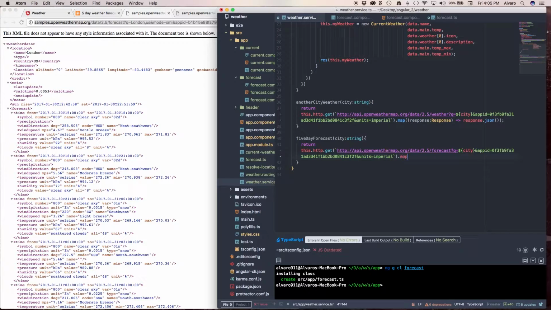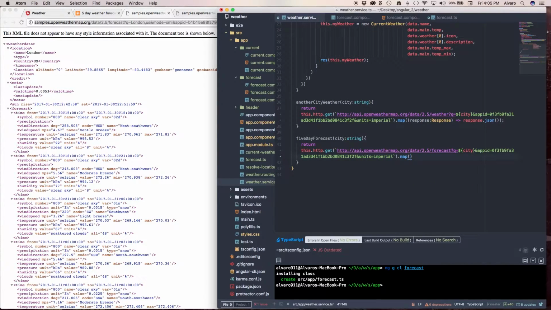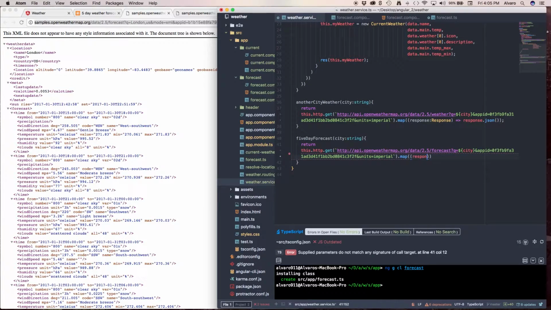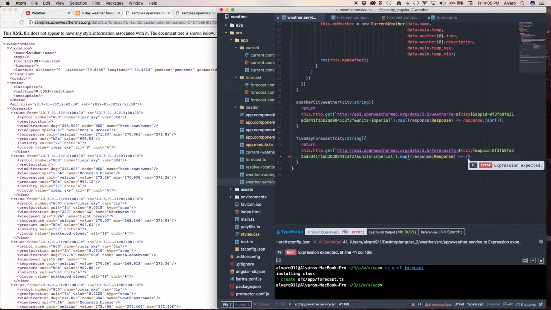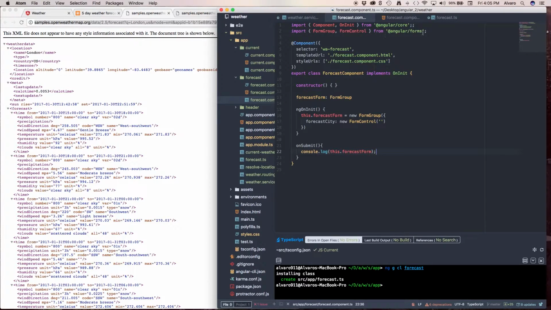Now we need to map this, and need to find a response of type response, fat arrow. And this is going to be response.json, just like we did with another city. Okay, great. So now we're going to go to our component, and we're going to import our class